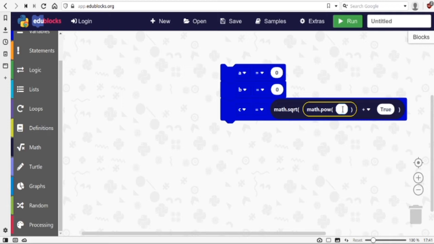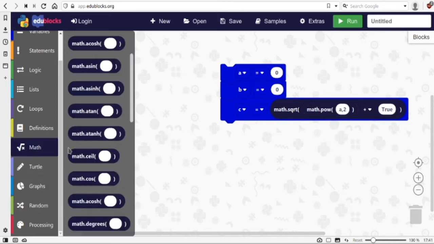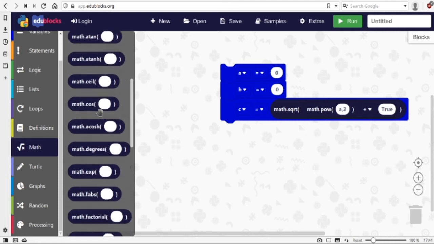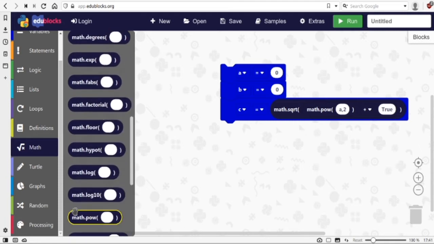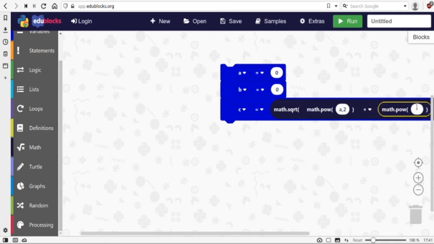For example, a comma 2. Now I'm going to grab it again, the math.pow, and I'm going to say b comma 2. So if I add here 4 and here 5,